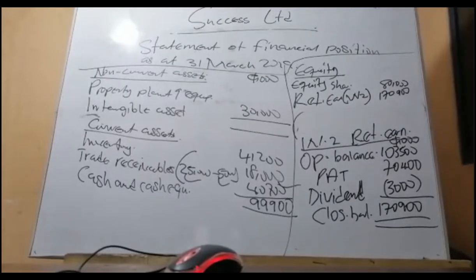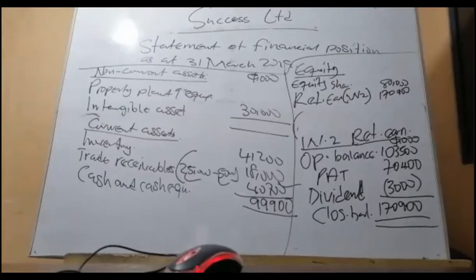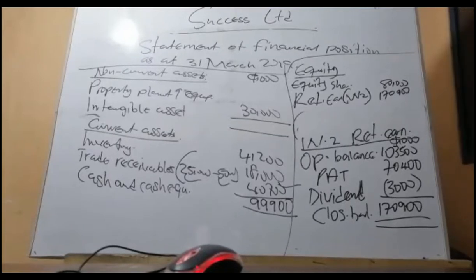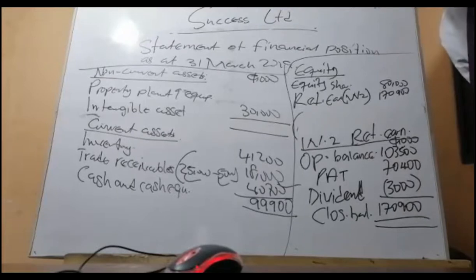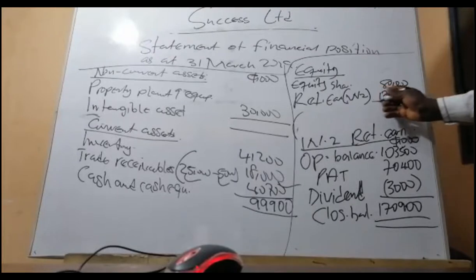So we are not going to tackle the footnote now. Look at the number of hours we have spent. So that is the end of the equity. Is there a capital surplus or revaluation reserve in the question? No, we don't have a revaluation reserve in the question. So therefore, we analyze it. What's the total?